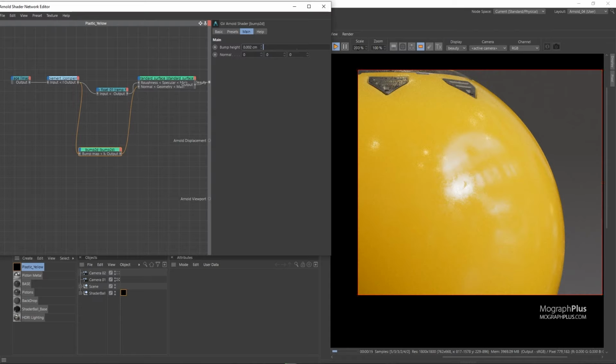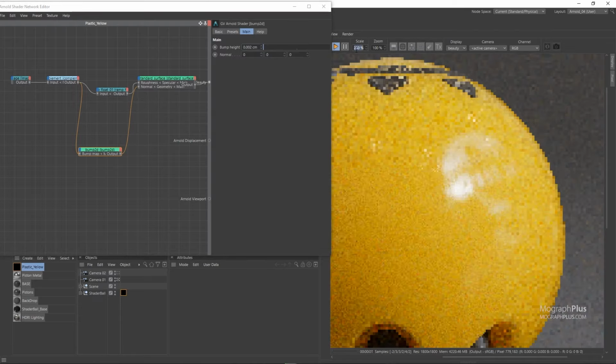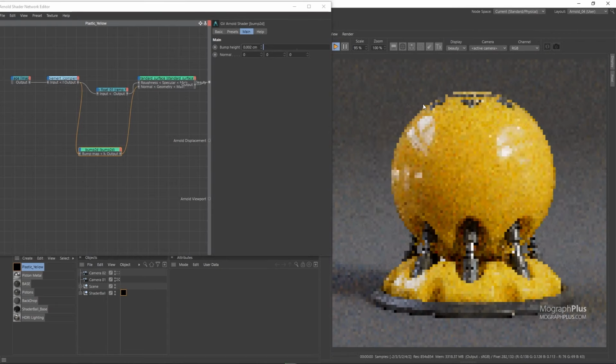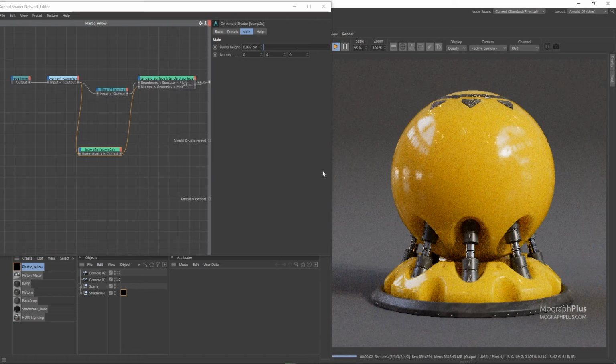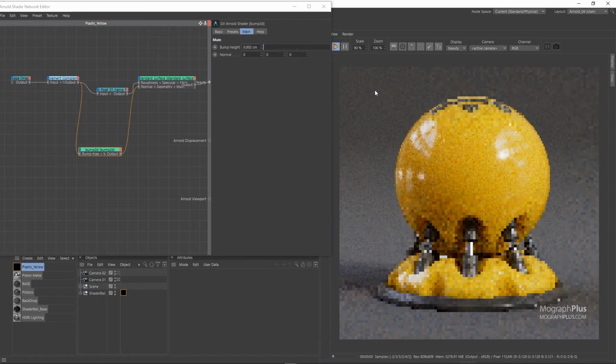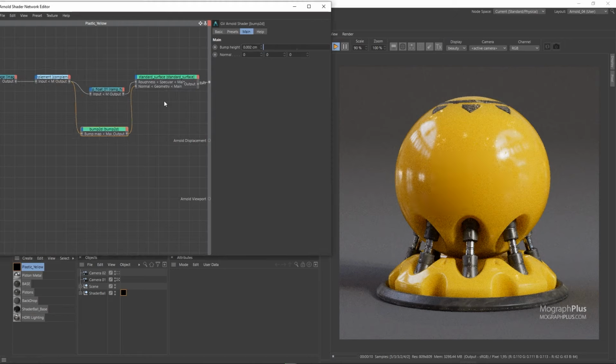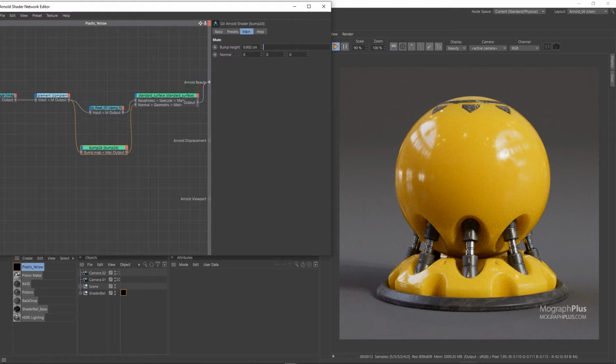So that's the high frequency details. Let's disable the region and set the scale back to 100%. Now let's quickly add that general unevenness to the surface using a noise node. Most of the materials and surfaces surrounding us in real life are not made perfectly. It's not going to be perfectly smooth. There is some sort of waviness to it. And if you take a look at any reflective surface around you, you can see that overall waviness and unevenness to them. So add a noise node,